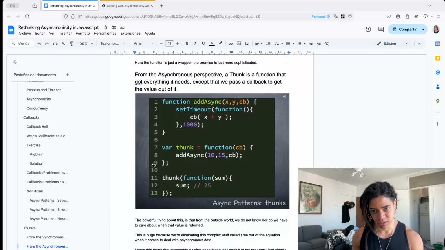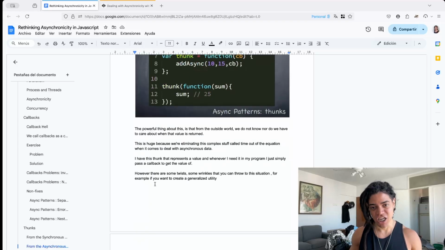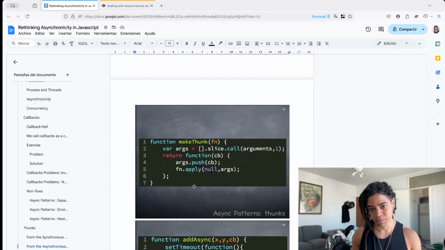However, there are some twists, some wrinkles that can be thrown into the situation. For example, if you want to create a generalized utility function like this, and you want to create this makeThunks, where you take all of these arguments that you're receiving and put them into an array here, you're reserving space in memory for all of these arguments that you are receiving in this thunk, okay? And then by creating this function reference, with this callback,